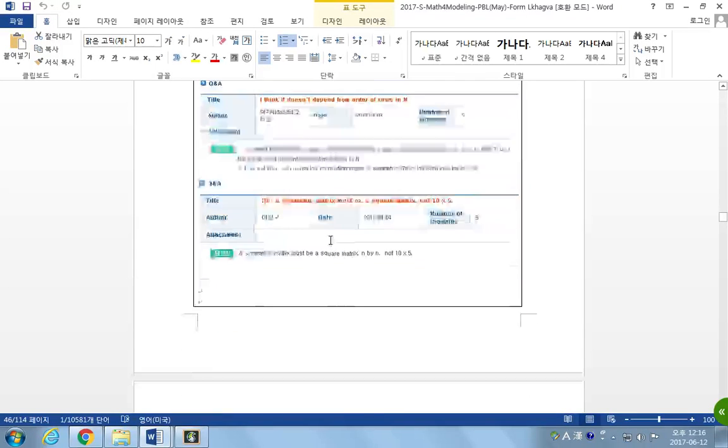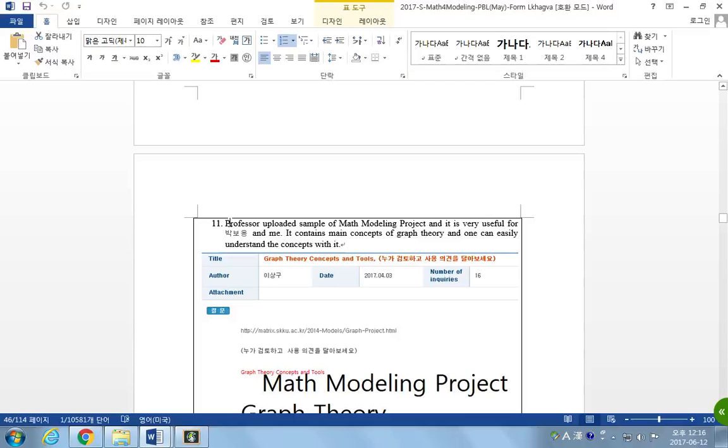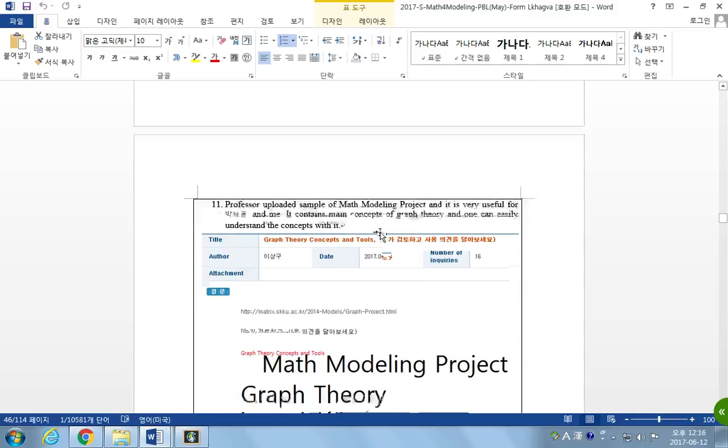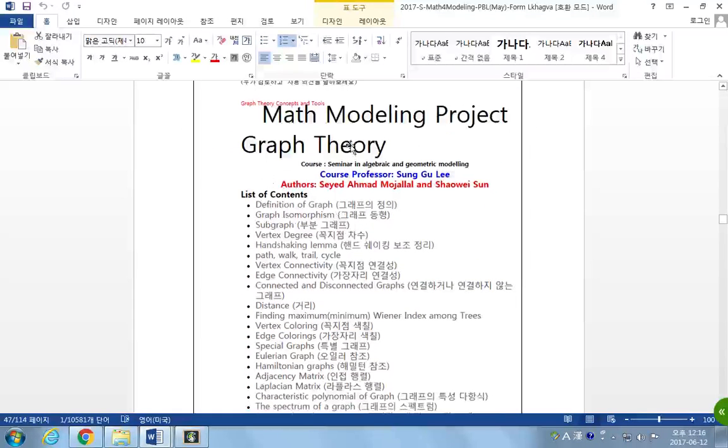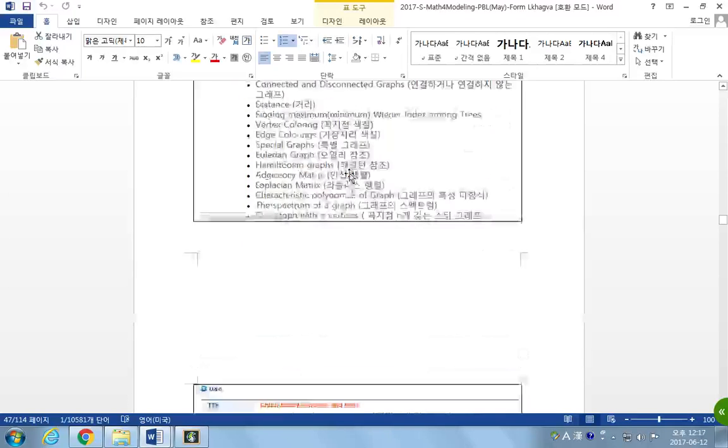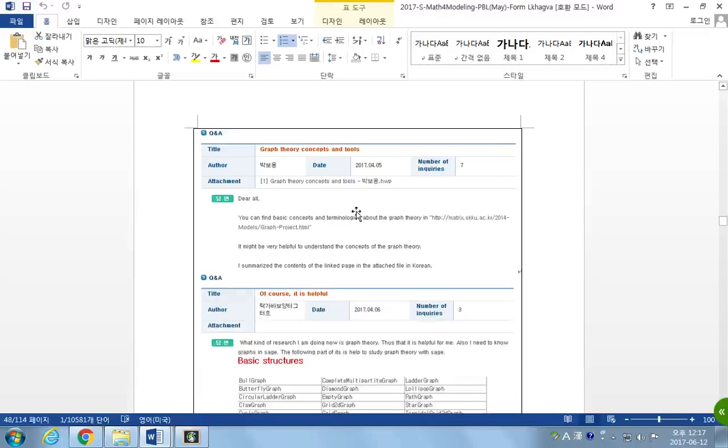Discussion about, for example, here the professor uploaded a sample math modeling project, and it is very useful for Pak Bo-young and me. It contains main concepts of graph theory, and one can easily understand the concepts with it. Math modeling project, graph theory, and